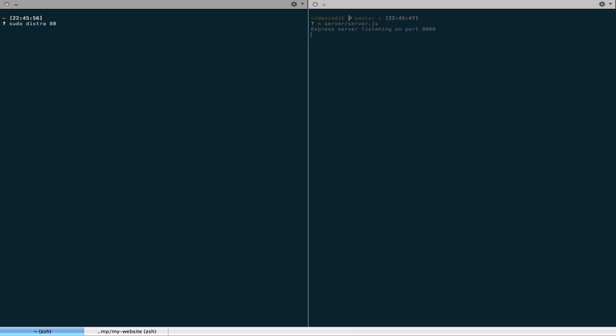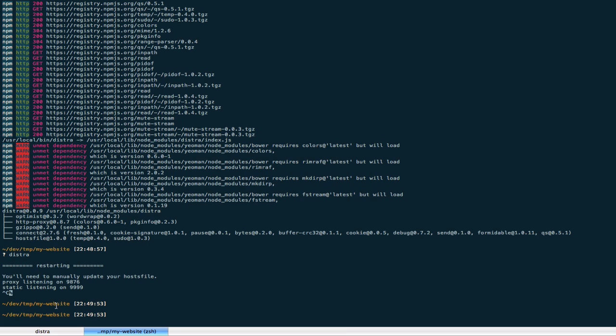So sudo distra 80, that starts distra on port 80. And I'll just pop in my password. And now we can see it says proxy listening on port 80, static listening on 9999, which doesn't really make a difference, and host file updated. So now distra is listening on port 80 for connections to it, and I can tell it